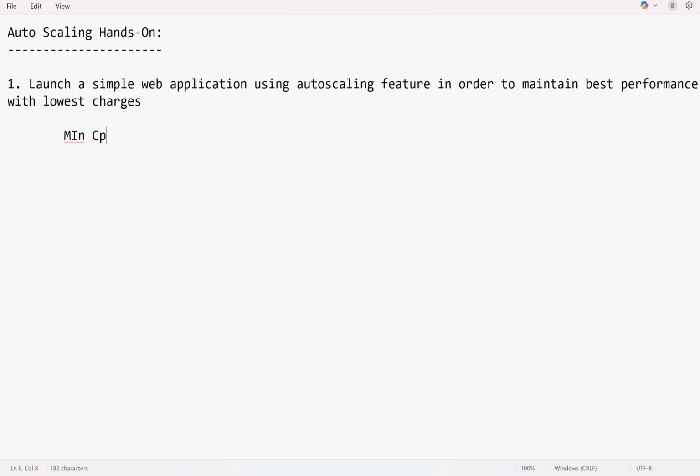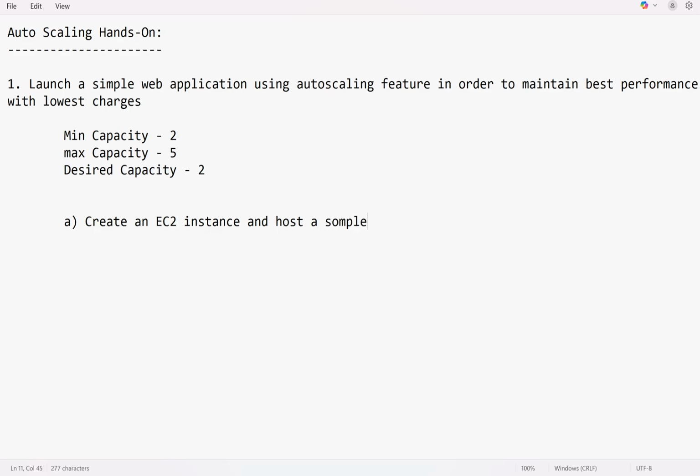My requirement is a minimum capacity of 2, and the max capacity is going to be 5. The desired capacity, the initial capacity, is going to be 2. So what we have to do is first create an EC2 instance and host a simple website,